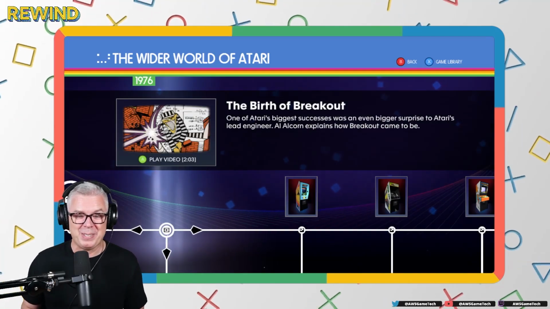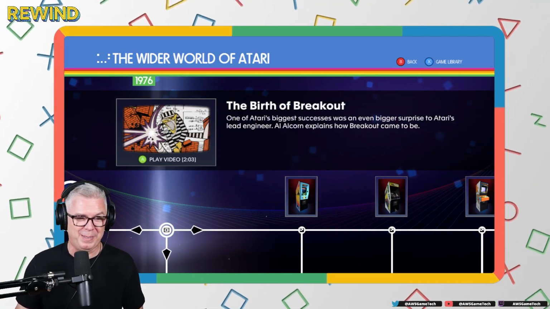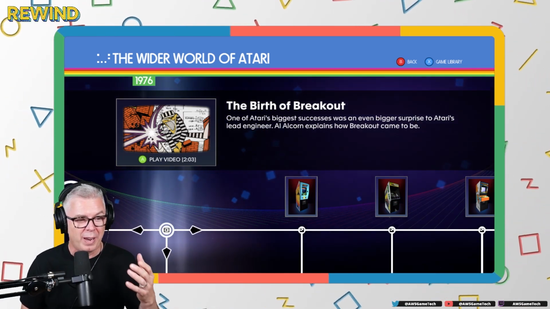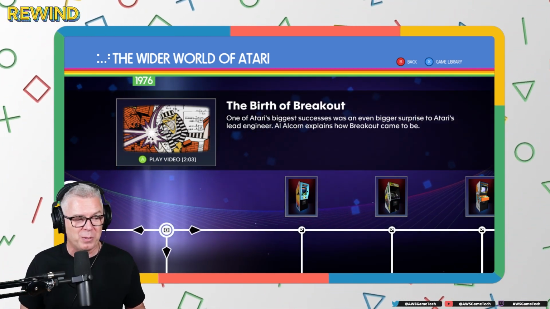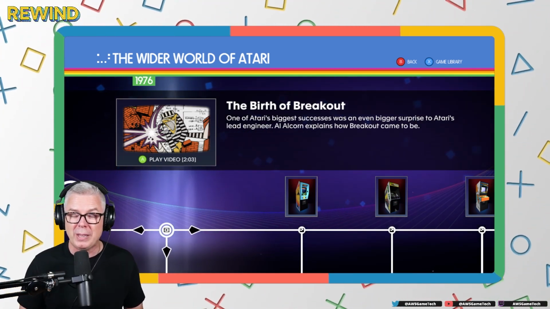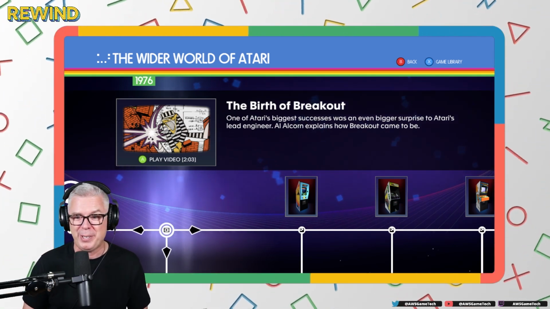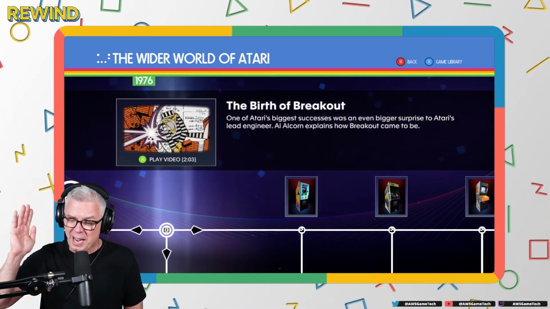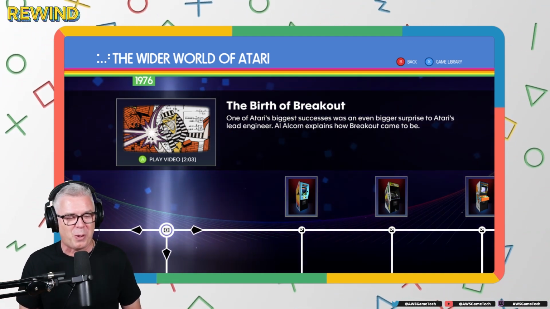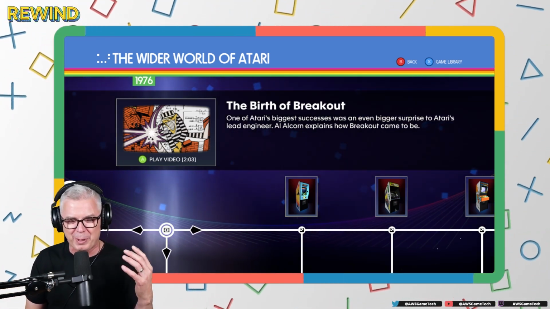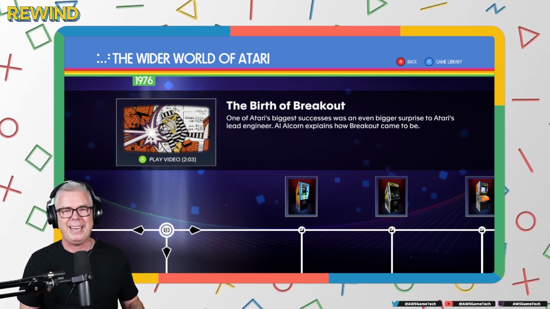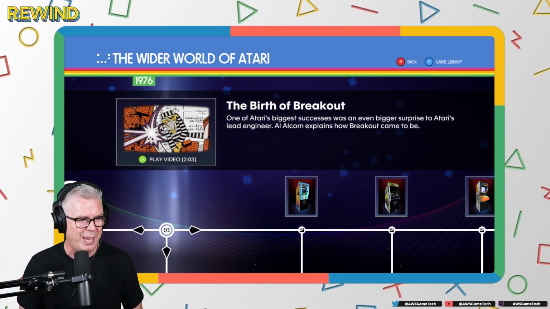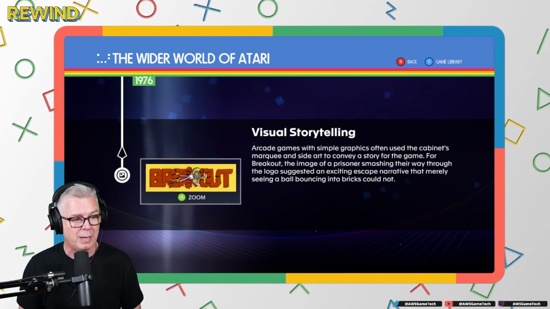So amazing. So that is one of the many tidbits that are going to be available to you in this DLC. I've heard the story before, but I've not heard it from Al's perspective, or even known that there were HP chips in the original prototype. That's insane. See, this is not just about playing the games, it's also learning about them, learning about development, learning about video game history. Man, I love it. I absolutely love it. All right, we're not going to play any more video. Let's go ahead and just jump into the games.